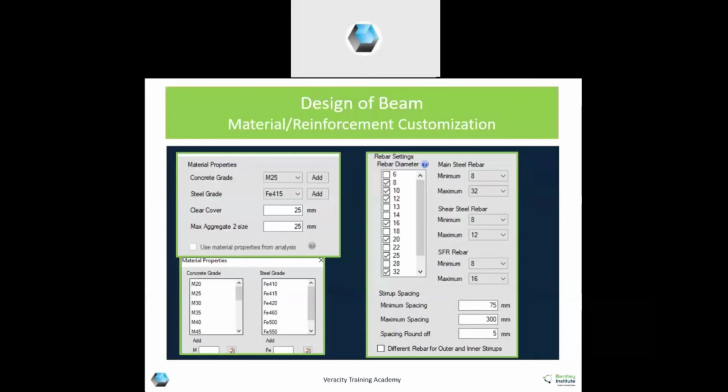RCDC is assuming that in the initial analysis of STAAD, you have already fixed all the checks and taken the column size, and column size is fixed, and now I have to check the beam reinforcement according to that. If my column size is 300, the bar diameter cannot go beyond 16. If it is 230, bar diameter cannot go beyond 12 mm.